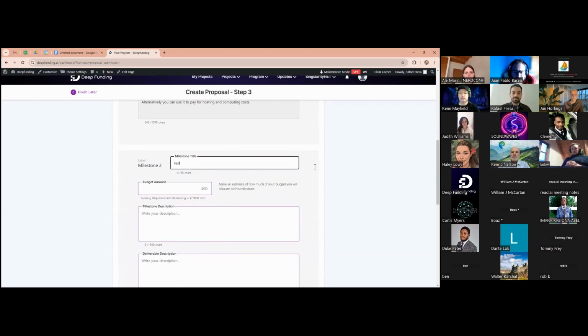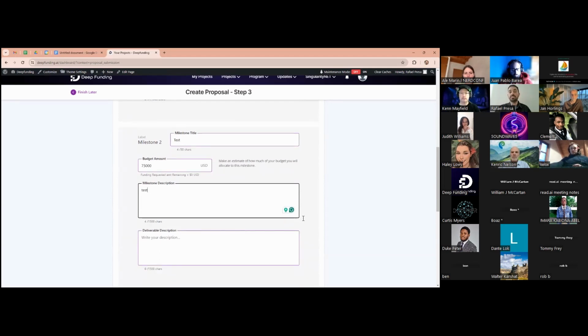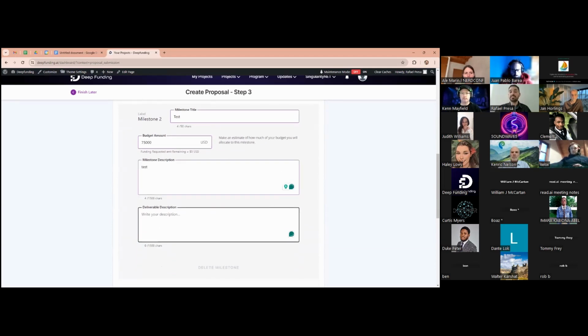The first milestone, test, the budget, let's put 75. The description, remember, be descriptive, but also be concise and describe it well for people to understand, for the review team to understand what you are willing to deliver, and so on. Considering someone here doesn't know what's the difference between the description and the milestone and the deliverable. Milestone is what it is that you're